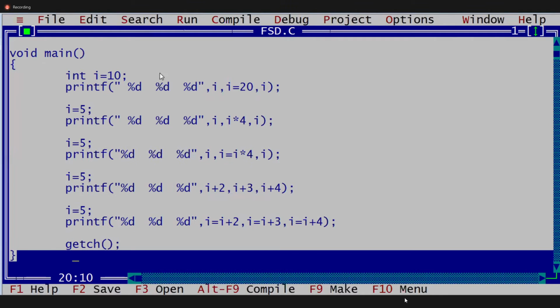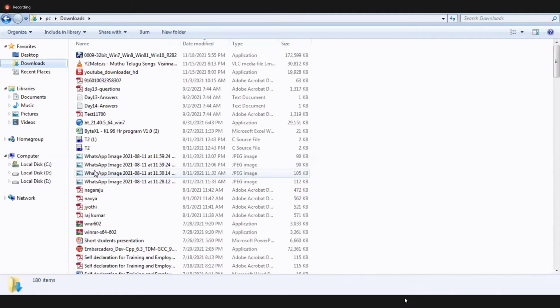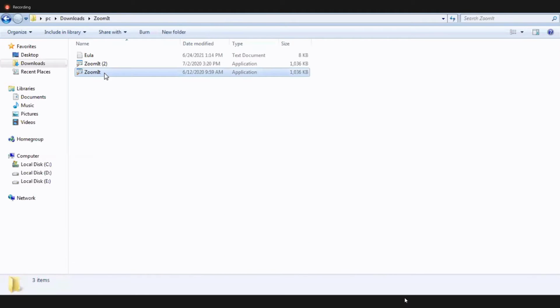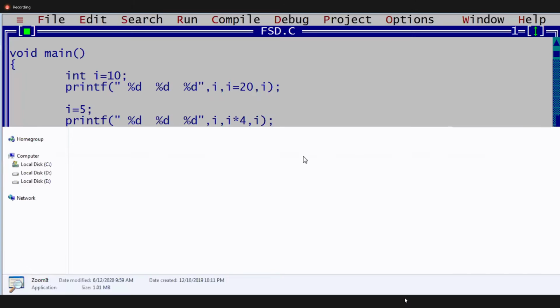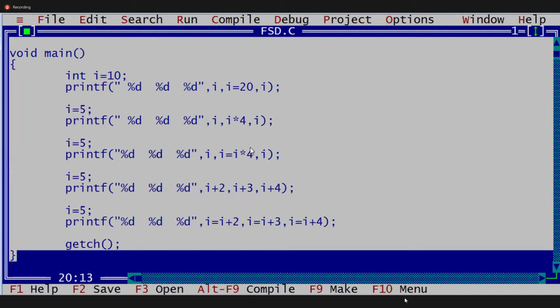Okay. 10 20 20 upper. Okay, we check it, guys. Yeah, write notes also. One by one statement we check it.